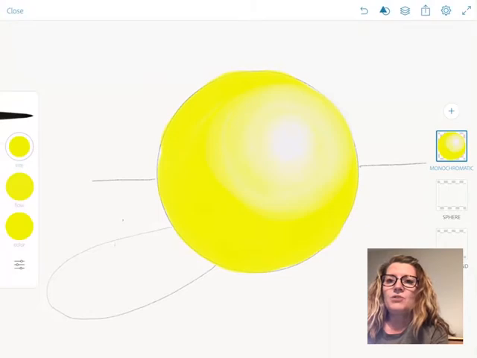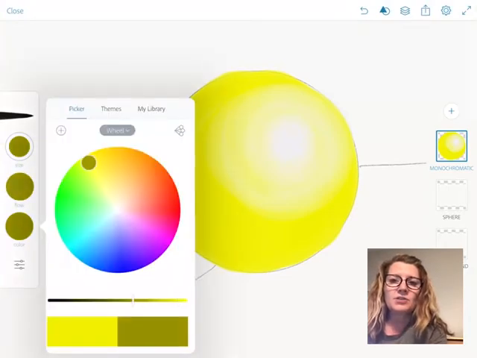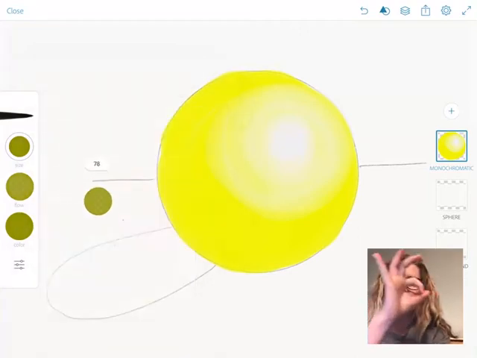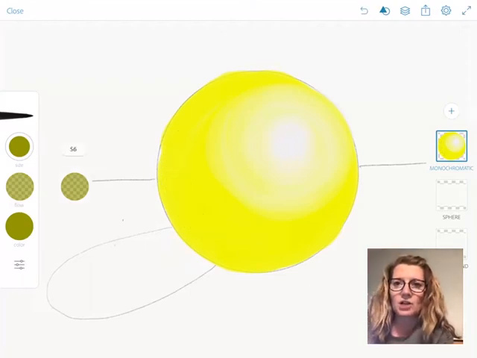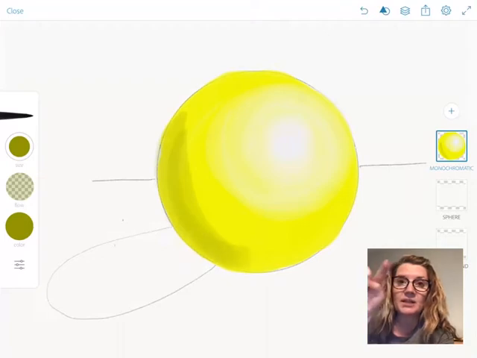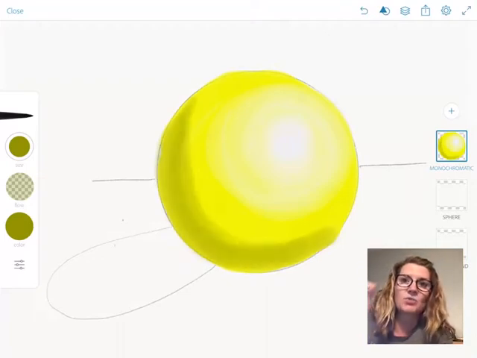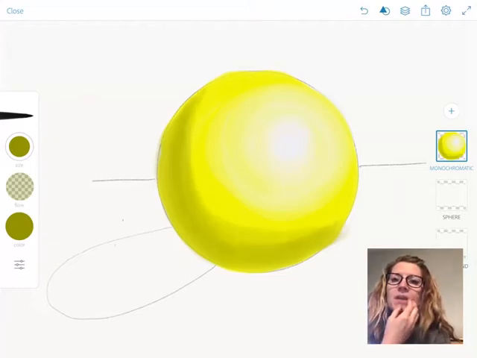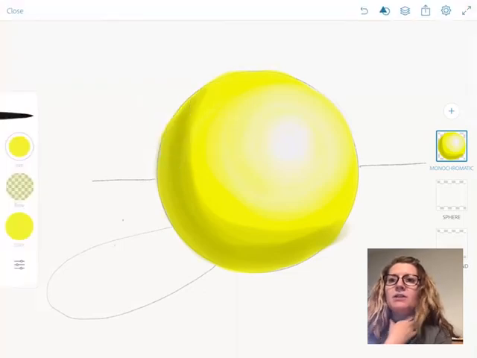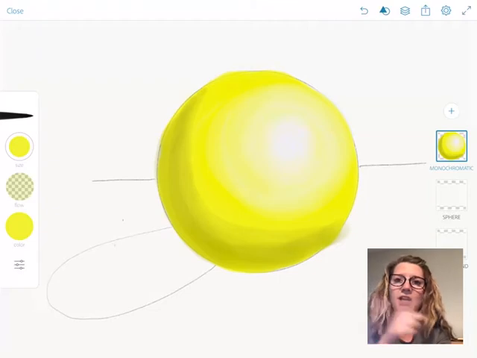Now, if you lost your original color, you can click on that color circle, hold, and then drag it over to the color. You'll see that color get picked up on that little color selector, like an eyedropper. And then it'll take it back to whatever color you had previously. You'll see me do it a lot on this. So I went back to my yellow, and I went to a shade on the bottom